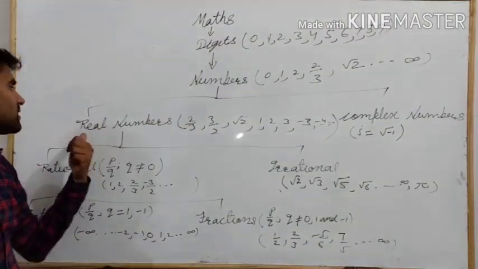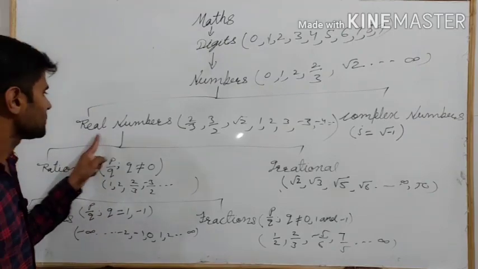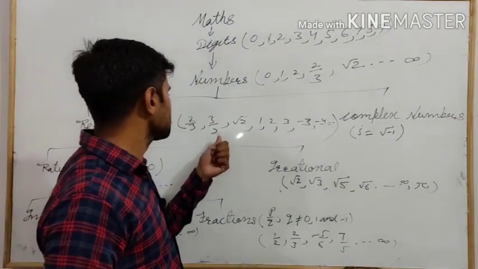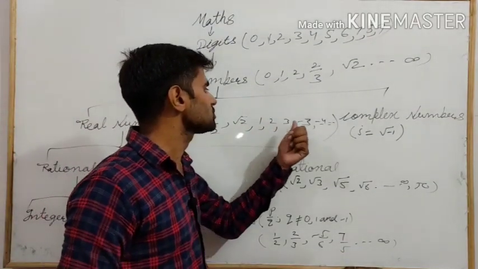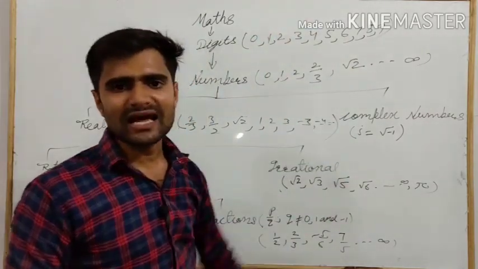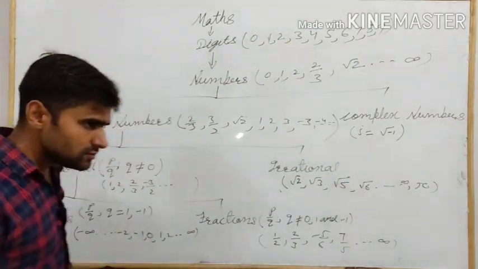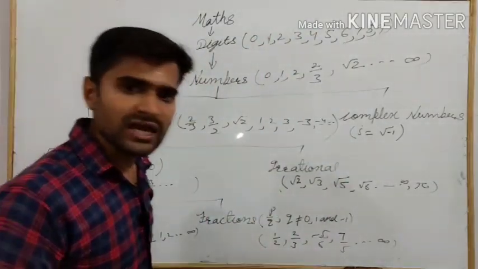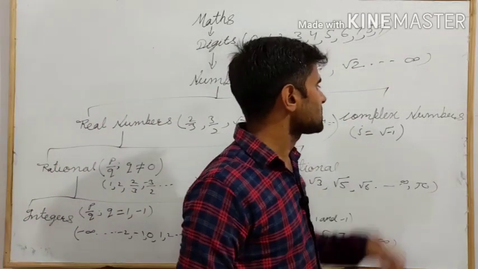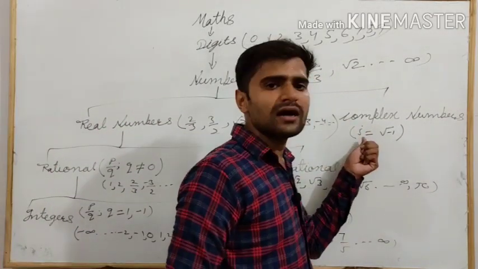Now numbers are in two types: real numbers 2 upon 3, 3 upon 2, under root 2, 1, 2, 3, minus 4, etc. up to infinity. The complex numbers are in iota form,